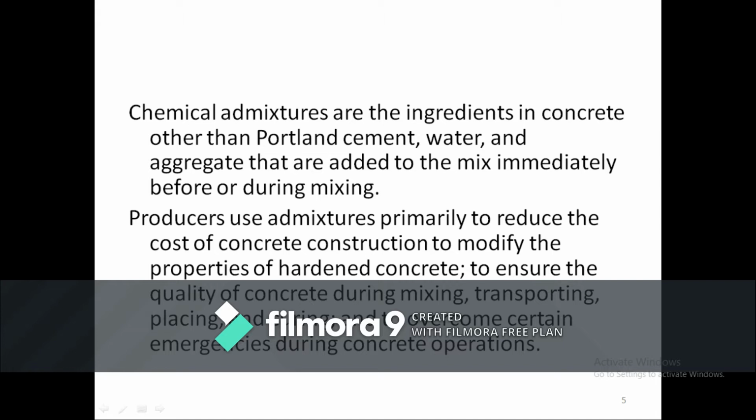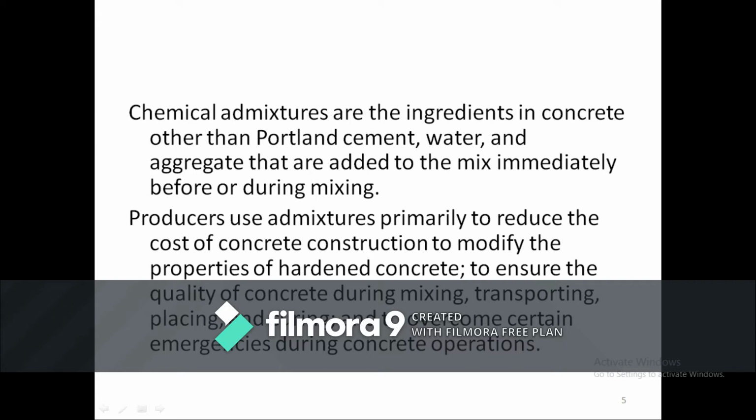Chemical admixtures are the ingredients in concrete other than Portland cement, water and aggregate that are added to the mix immediately before or during mixing. So here, what are chemical admixtures other than the main ingredients? You are altering the properties by adding something other than Portland cement, water or aggregates.